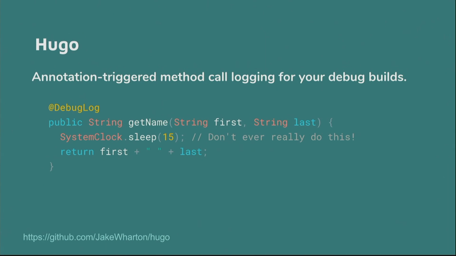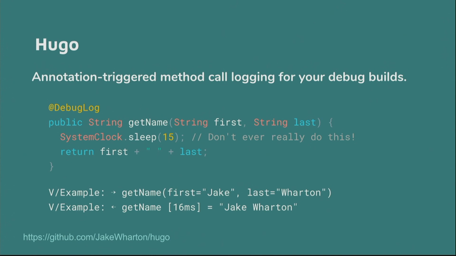Here is an example. Imagine we have a method called getName. It does something. Never do this in a real project, of course. It's just for example. And just by adding this annotation, we will see the following in the log. So we see the parameters we passed into a method, and we see the return values with the execution time,